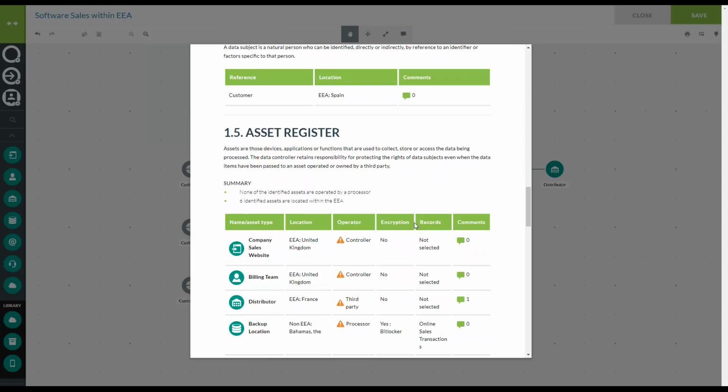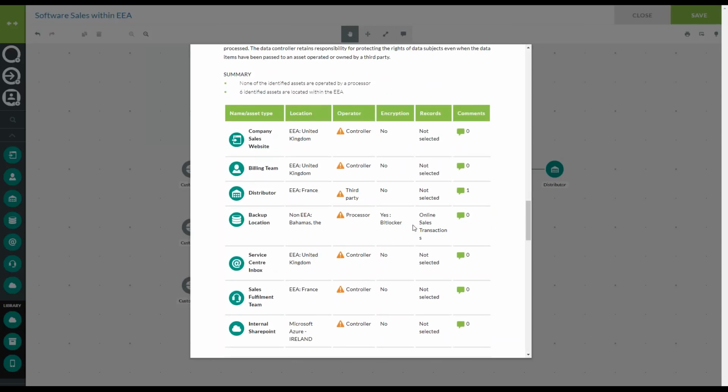We then have our asset register. This is going to break down each and every one of these assets that we're using. In the far left column, we have the name and asset type. You'll then have its location along with its jurisdiction status, whether it's EEA, non-EEA, or whether there's been an EC adequacy decision made on that location. You'll then have its operator type, followed by if there's any encryption on that particular asset, and any records that are stored. We only have one, which is the online sales transactions, and then finally the comments section over here